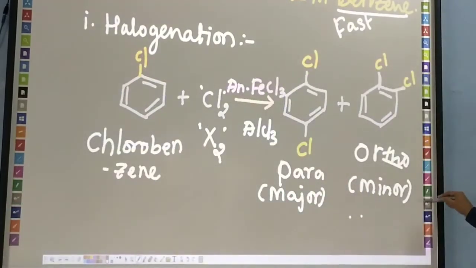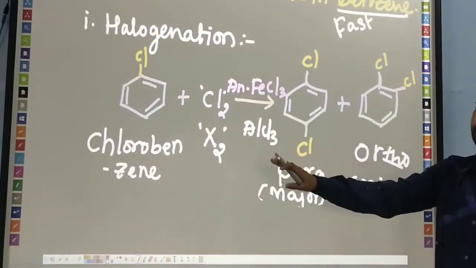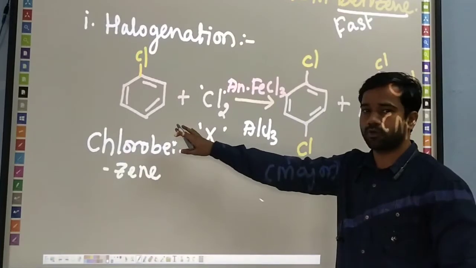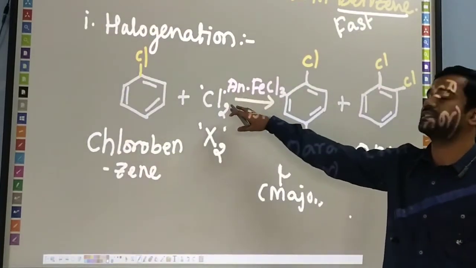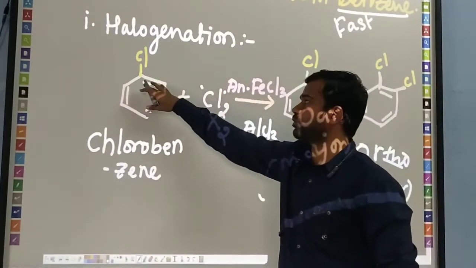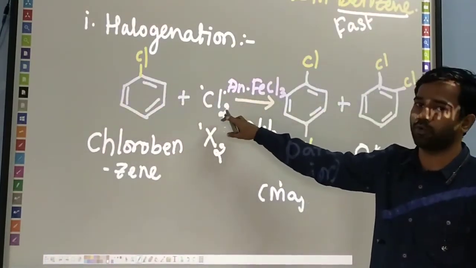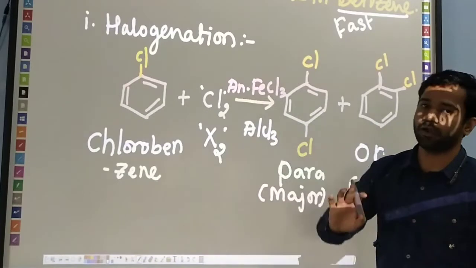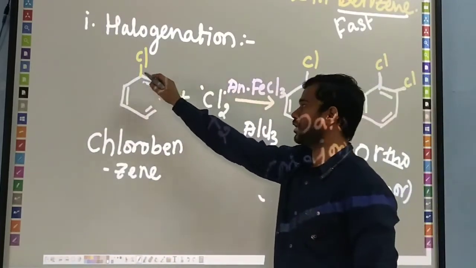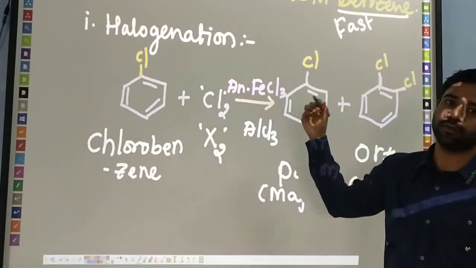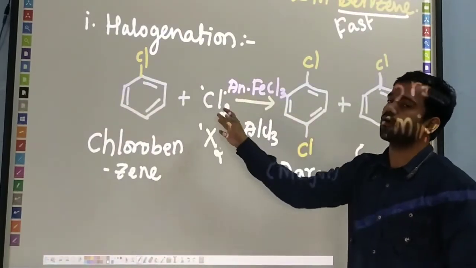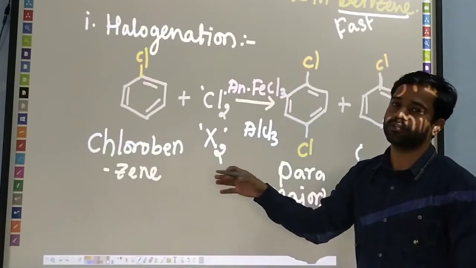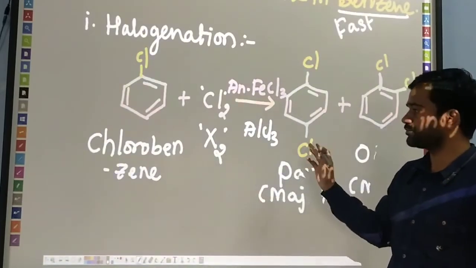If you write this reaction, you only need to write, first, the halogen compound, either chlorobenzene, bromobenzene or iodobenzene, and then react it with the same element, whichever you chose: chlorine, bromine or iodine. There is no compulsion. If I have taken chlorine here, you must take chlorine. Either you may take bromine or iodine. You can take any different combination for the reaction.